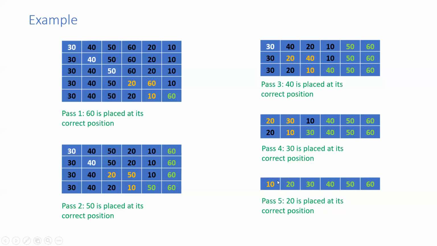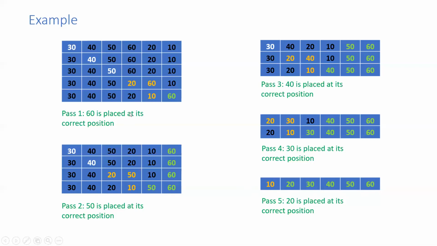Now what we should do according to the process is pick up the first element, but if you pick up the first element, you don't have any more elements to compare with, as even the second element is also placed at its correct position. So we'll assume that the first element is also at the correct position, as it is the only element left. And you can see it here clearly, this is how the bubble sort algorithm works, and after 5 passes all the elements are in sorted order.